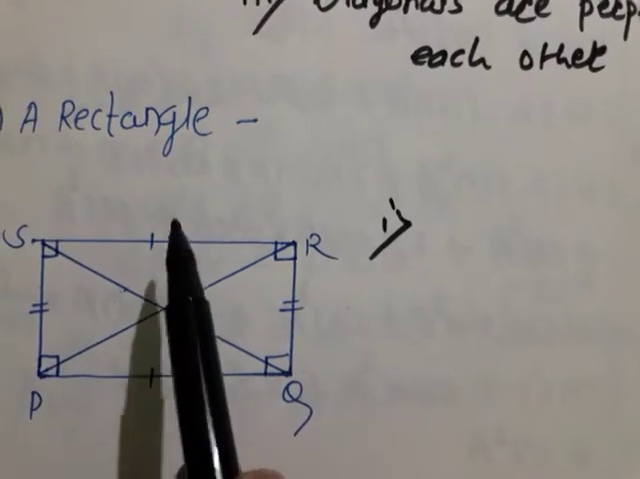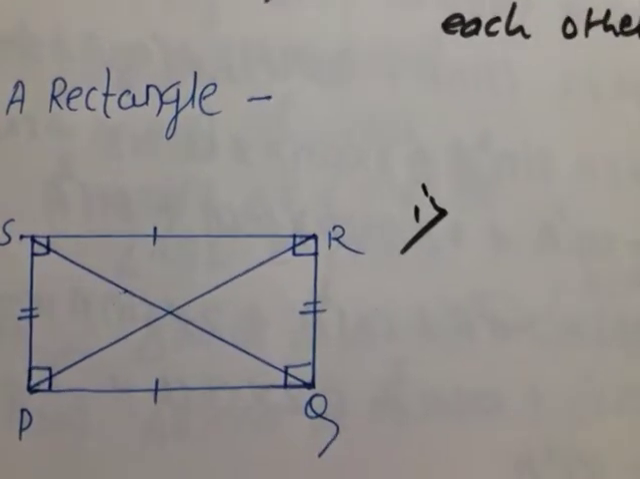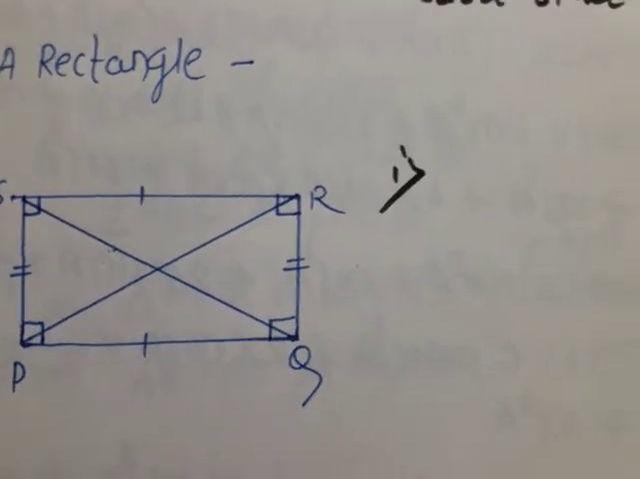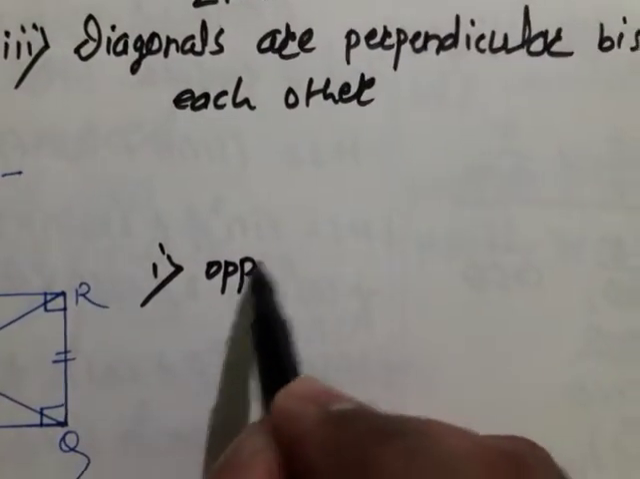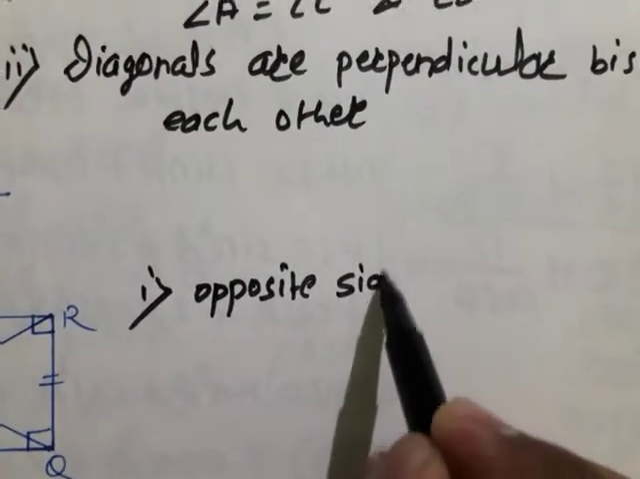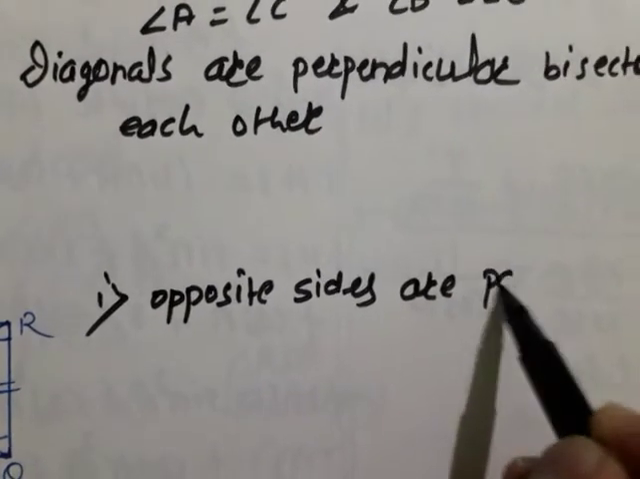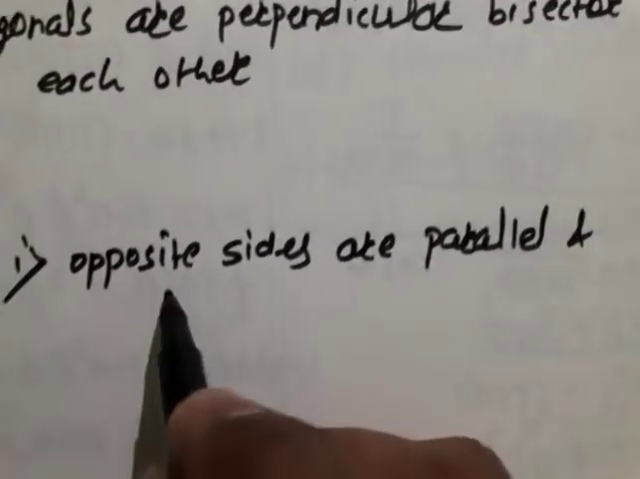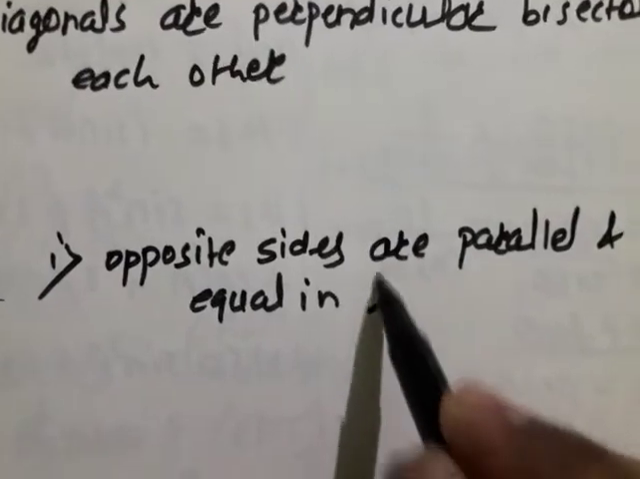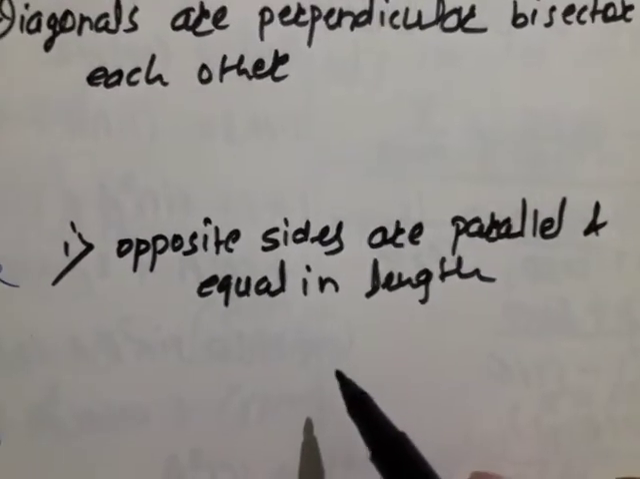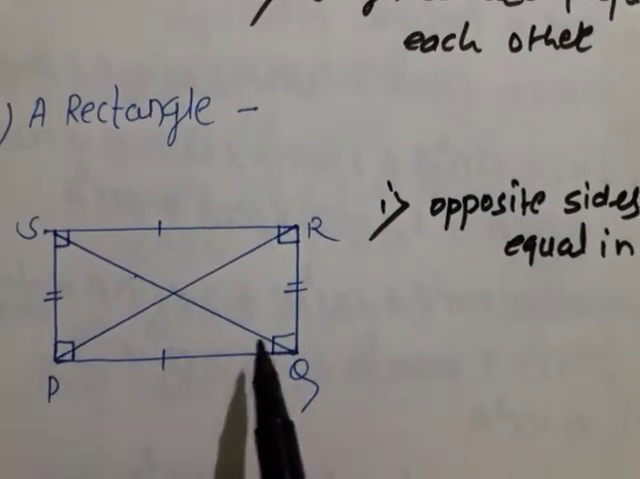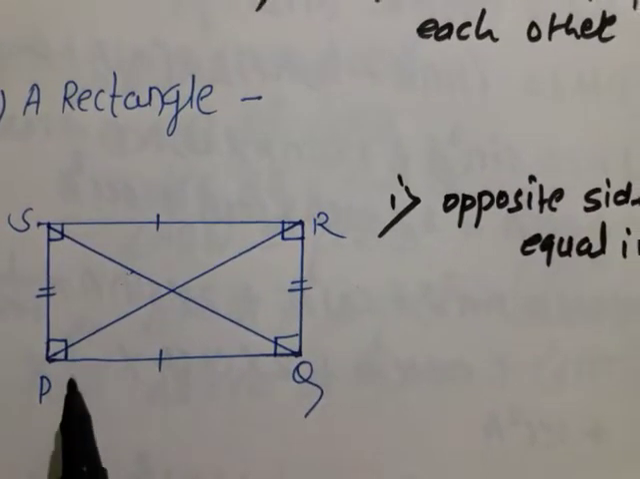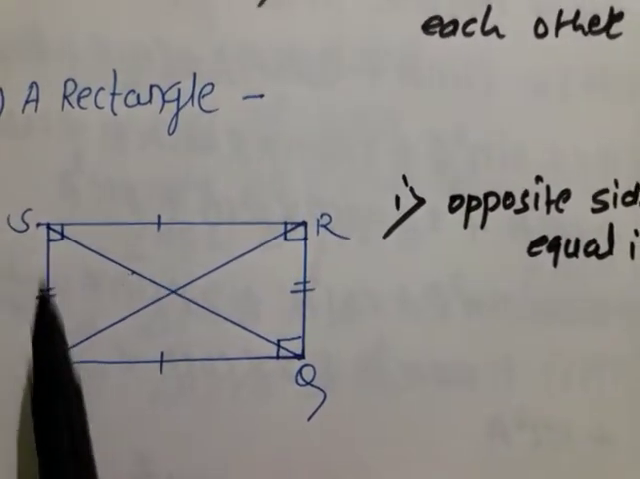Also, the very important thing is that opposite sides of a rectangle are parallel to each other and equal to each other, means equal in length. Opposite sides are parallel and equal in length. Means here you can say PQ is equal to SR and PS is equal to QR. Not only equal but also parallel to each other, means PQ is parallel to SR and PS is parallel to